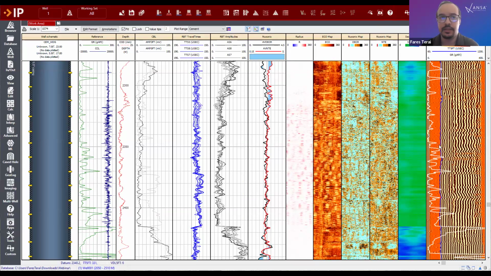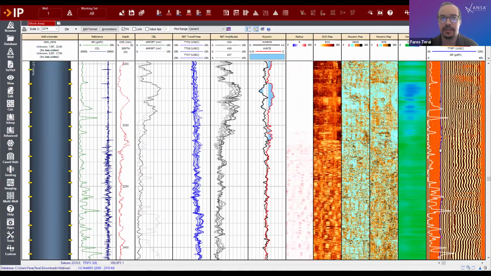It's worth noting that the Nusonix isn't really impacted by the fast formation. Why is that? Well, because obviously the biggest part of the returning signal isn't going to make it to the formation, which is not the case for sonic logs, where the signal reaches generally the formation if there is a coupling material, cement in this case, in between. This can lead to elevated amplitudes and higher interpretation uncertainty, because you won't be able to accurately tell if the cement